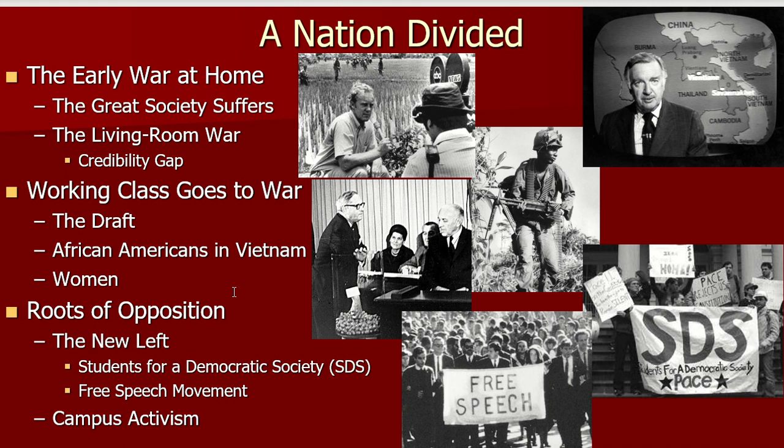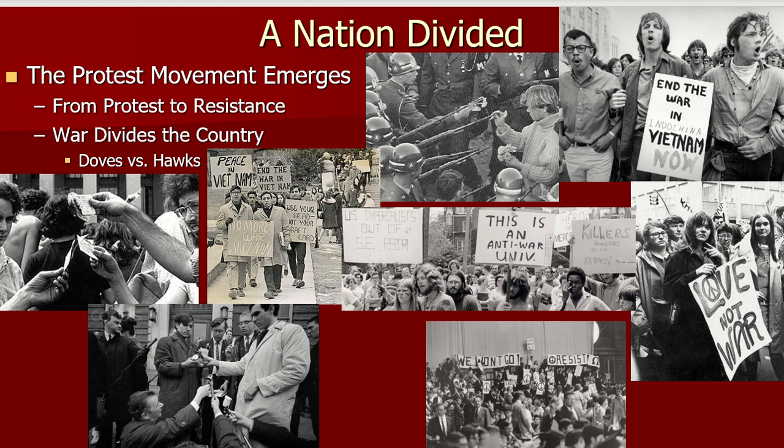The most common people to protest this war would, of course, be young people who are college age or out of high school, because they're the ones most likely to be drafted. So you have groups that develop, like SDS, the Students for a Democratic Society, and the Free Speech Movement, that start off by protesting college issues, but then grow into criticizing the Vietnam War. So college campuses like the University of California at Berkeley and places in Michigan become hotbeds for protests of the Vietnam War. Every year the war goes on, protests get stronger and stronger. There'll be protests in Washington, D.C. There'll be protests on major university campuses. Some campuses will even shut down because of these protests.